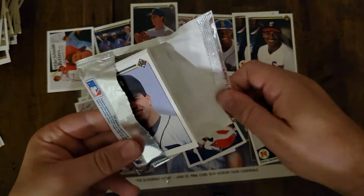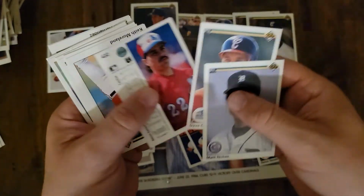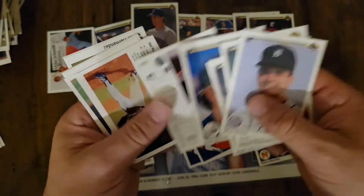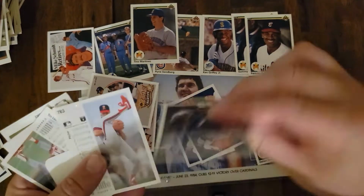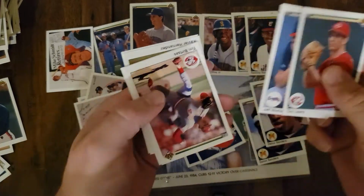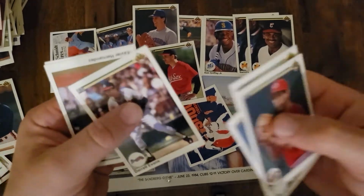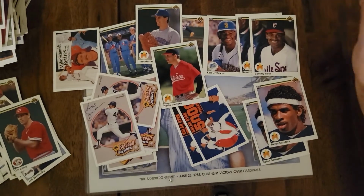Matt Nokes, and the letters NO would indicate whether we can. This has been a disappointing pack so far. Matt Nokes, Dave Gallagher, Nelson Pennsylvania, Keith Moreland, Dale Mohorcic, John Farrell with a very creepy smile. Tim Leary, Jeff Weatherby, Tim Burtis, and Robin Ventura actually saves it to be one at least semi-decent card in the pack, and no. So I'm going to have to definitely check to see if I missed the Mike Witt,